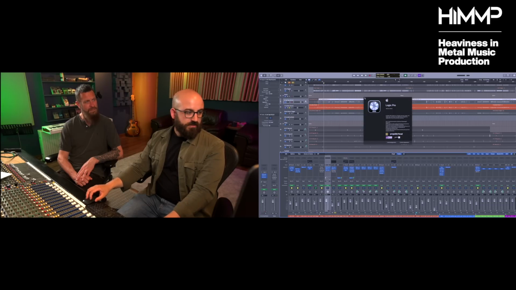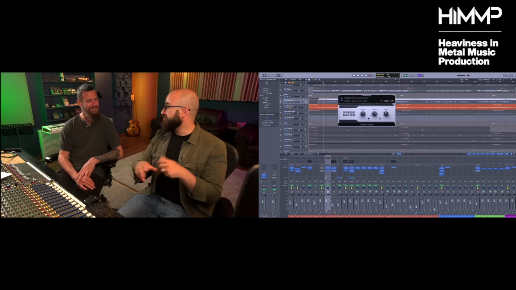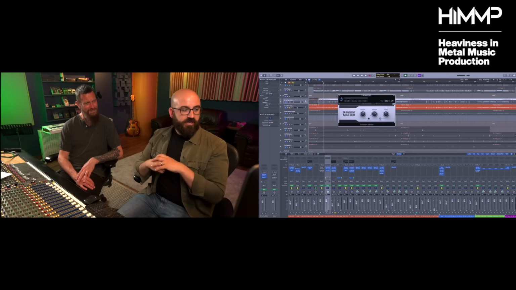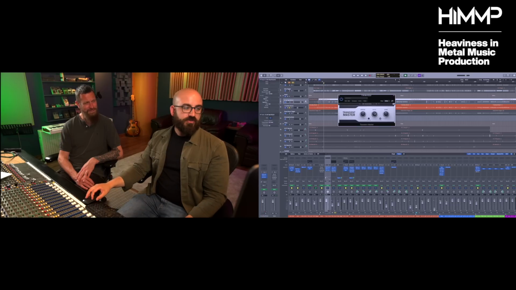And that doesn't need to be there. And then I'm using a transient designer here. I don't always do this. It depends on how tight the wires were turned up on the drum when they were played. Here I felt like maybe the wires could have had a more loose character to them. So here I'm boosting the sustain quite considerably, actually.